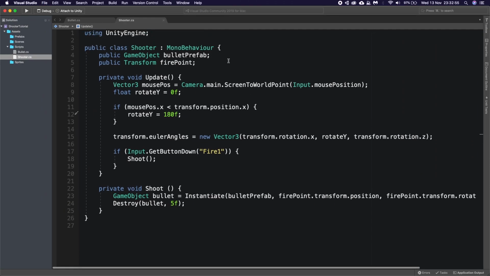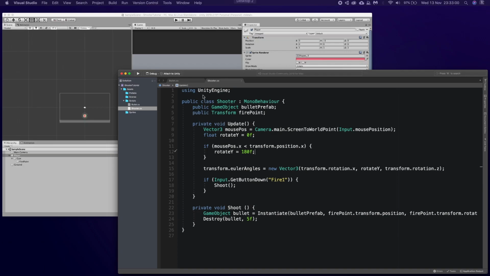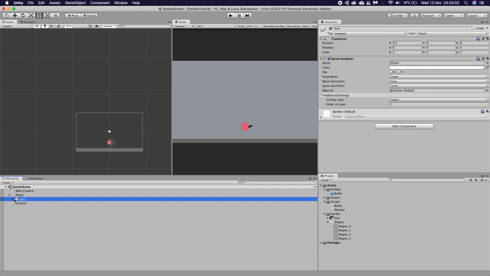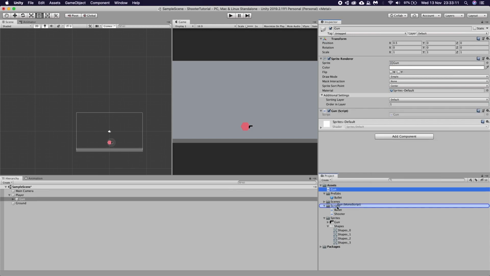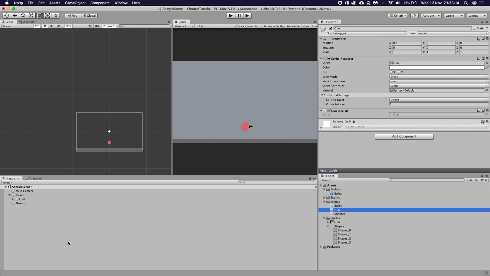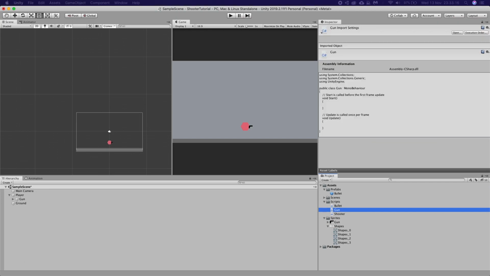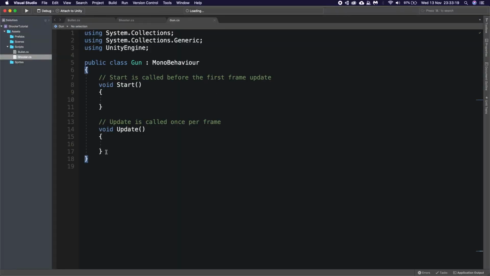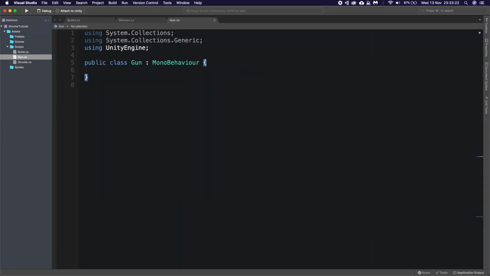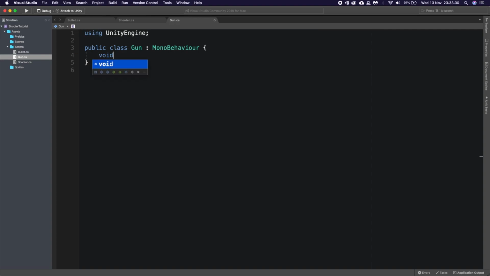But the issue is our gun isn't rotating to face our current mouse position. So we need to go in here. We need to click on our gun and we need to add a gun script. So let's create a new script again. Once we've created it, let's drag it into our scripts folder. Let's double click it to open it. Let's do the default resets. Let's also remove these. There we go. And let's start off by creating literally an update function. We don't need anything else.